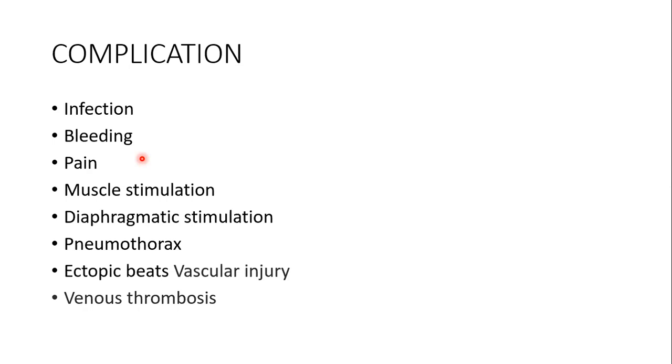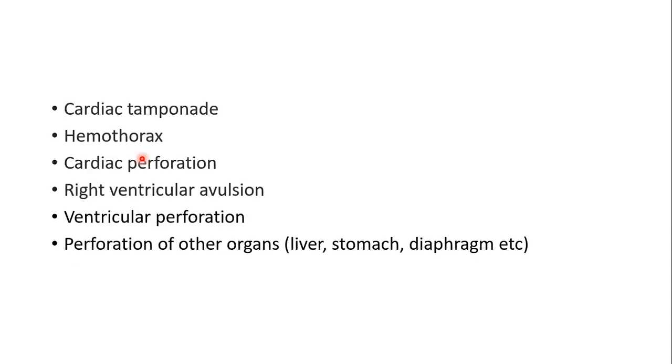Then the complications that can arise following this procedure are things like infection, bleeding, pain, muscle stimulation, diaphragmatic stimulation, pneumothorax, because during the procedure the lung may be punctured, ectopic beats, vascular injury, venous thrombosis, cardiac tamponade. During screwing of the active pacemaker lead, you may puncture the wall of the right ventricle or the right atrium,